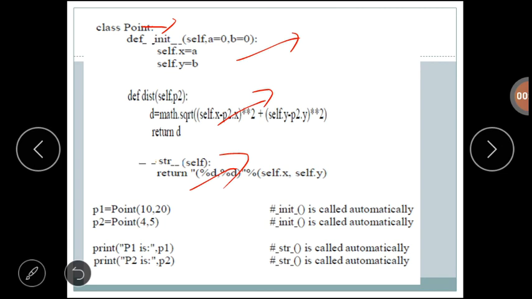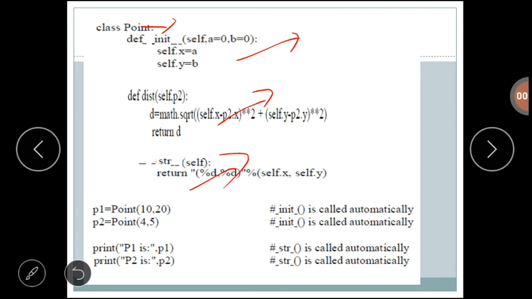The init method is used to initialize the x and y value. The distance method is used to calculate the distance between two endpoints, that is x and y, and another endpoint x and y.